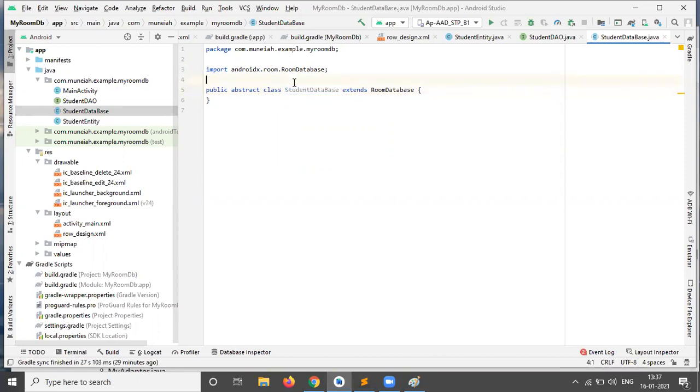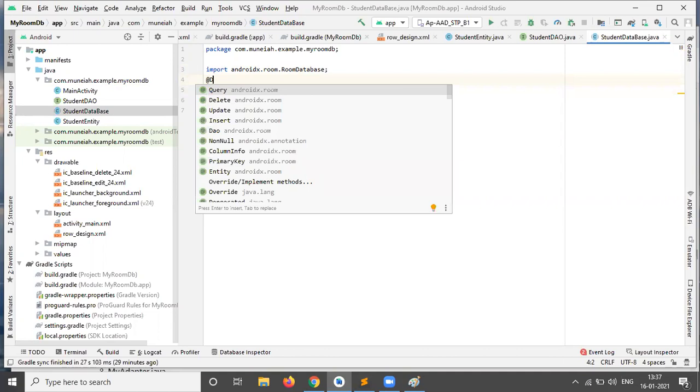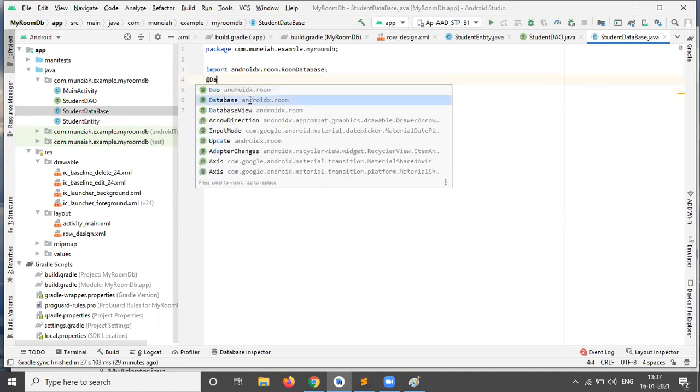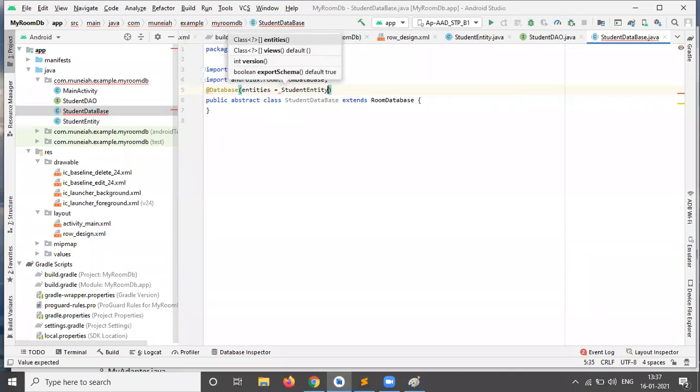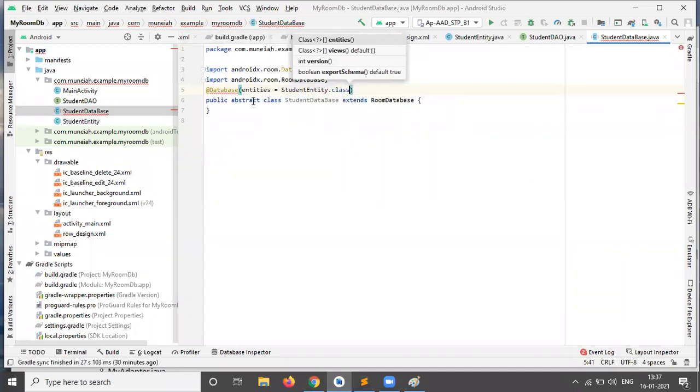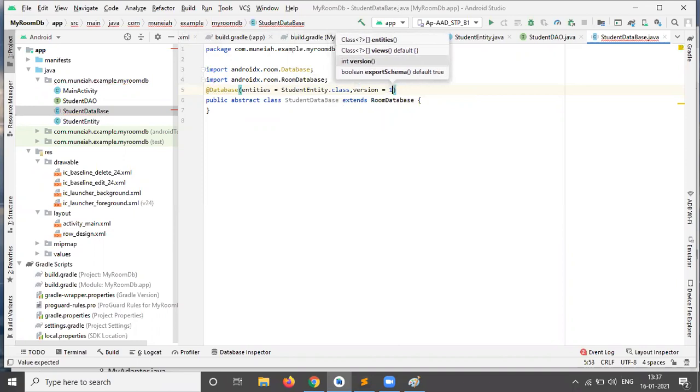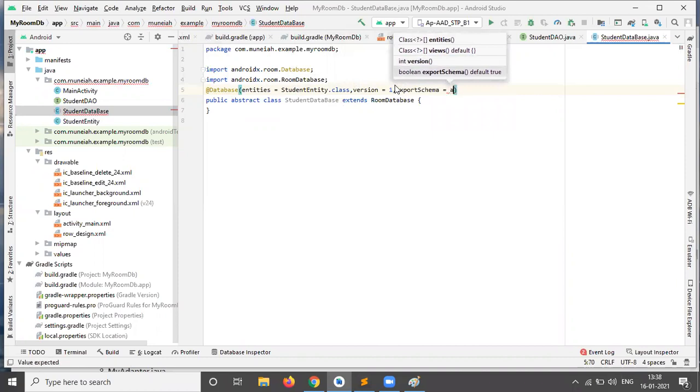Then after, give the annotation as Database. Within the Database annotation, we need to pass the entities. The entity should be our StudentEntity dot class, comma, version equal to 1. By default it will be 1. So comma, exportSchema, that export schema should be false. So what does export schema mean here?